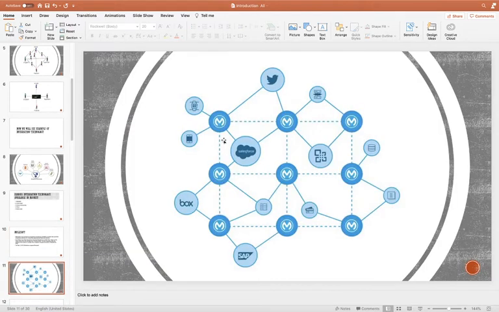Next, here you can see how MuleSoft works as an integration technology. We have MuleSoft in between different systems, for example Twitter, Salesforce, and two internal systems. MuleSoft helps these four systems communicate with each other.